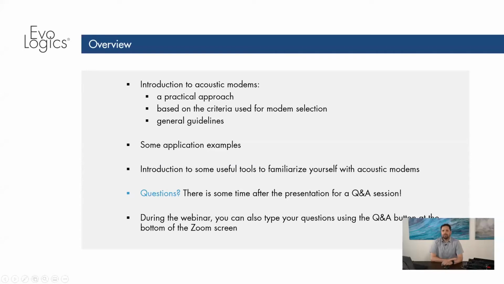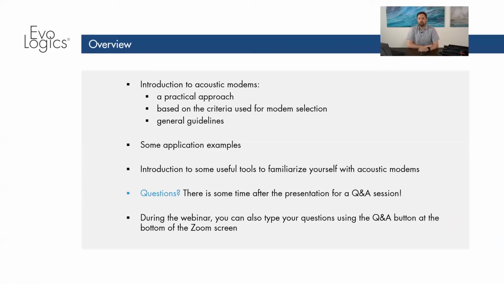In this presentation, I would like to provide a practical approach based on these criteria that we use and provide you some general guidelines on how to select modems. We will also touch on some application examples. We'll also show some tools that can be used to familiarize yourself with the use of acoustic modems, for example,